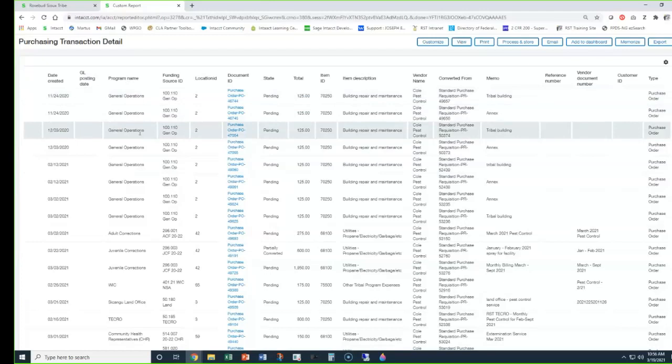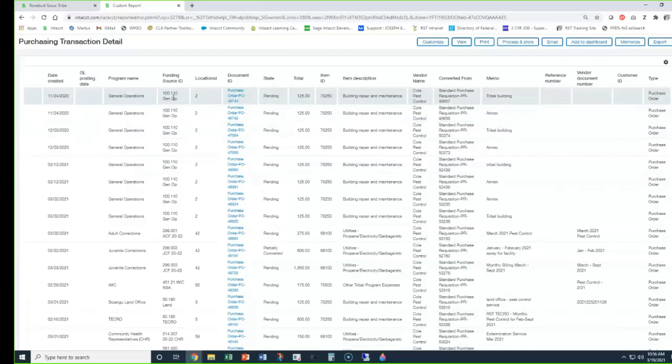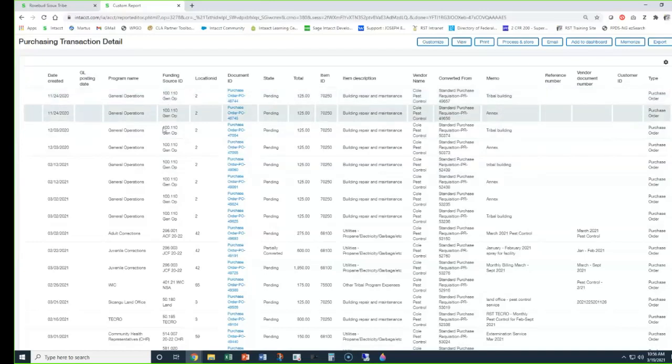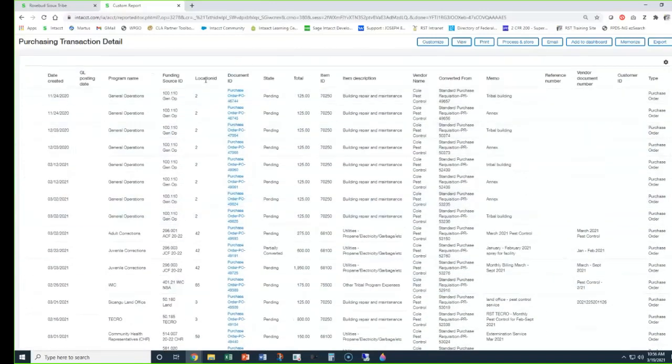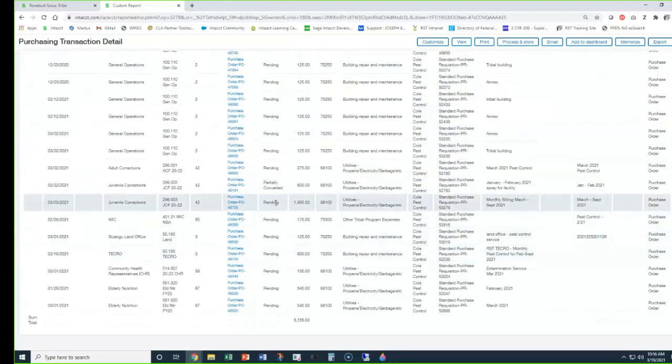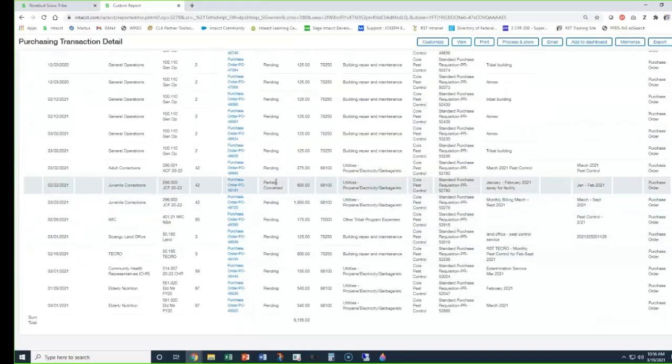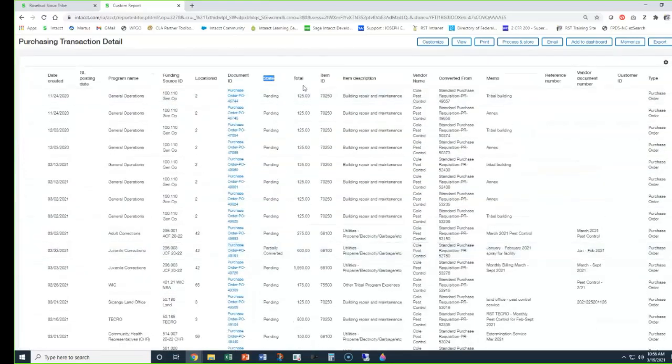The funding source or funding sources that fit your request. So as we scroll through, we can see there's multiple funding sources on this report. Which checkbook was being used. The link to the actual purchase order if we need to go take a look at it. Here's that state, so we can see pending, and then there's partially converted, so just one of them has been used before. The total of the purchase order. The line item that was used. Here's the vendor, Coal Pest Control. Which purchase requisition it linked to create that purchase order. And then some other information